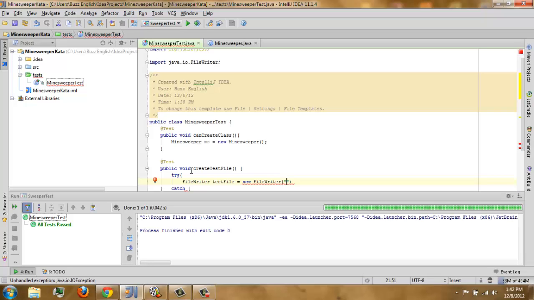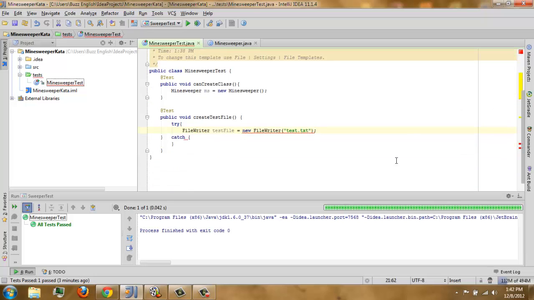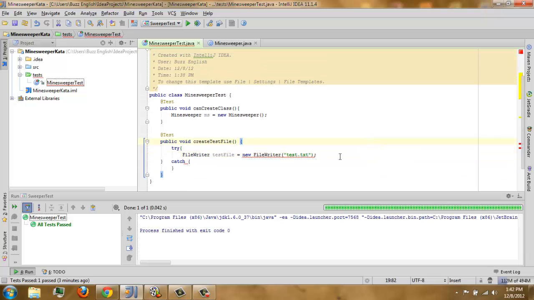So what are we going to name our file? Test.txt. So this file will be our input file, so we just name it test.txt. Next we get a BufferedWriter. This buffer will enable us to write to our test.txt.